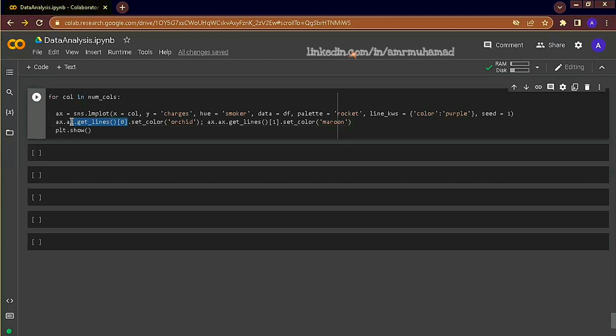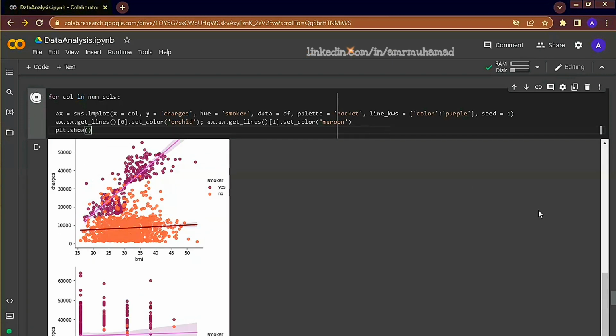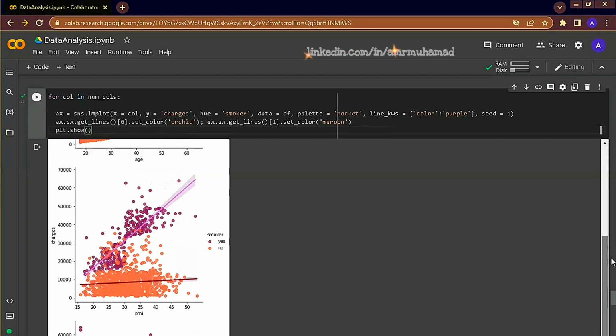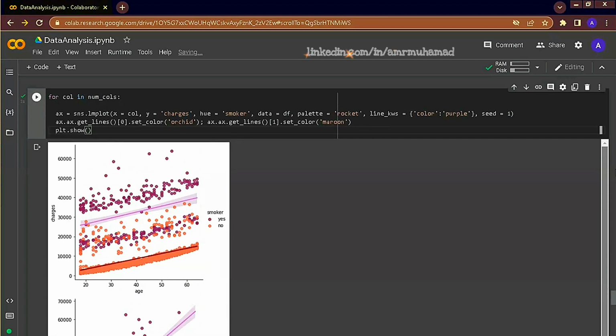This area here, ax.get_lines 0 and ax.get_lines 1, captures the first and second line in our plot and gives them a different color. Why did we do this? Because as you saw, the lines have a shaded area and we want to differentiate the color of each line from the shaded area. So the shaded area will be in purple and the colors of the lines will be orchid and maroon.